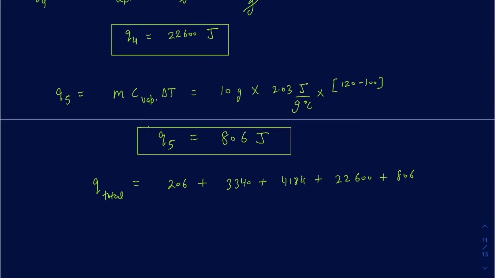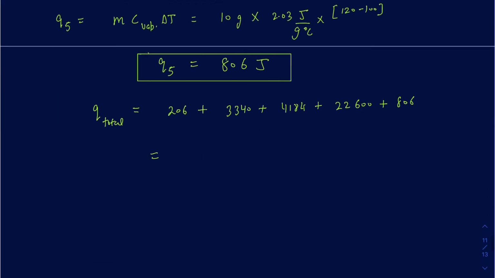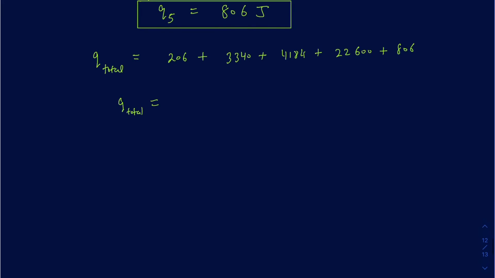You have to make sure you add all those up, and that gives you the Q total. So when you do this math, 206 plus 3340 plus 4184 plus 22,600 plus 806, it gives you roughly 30,950